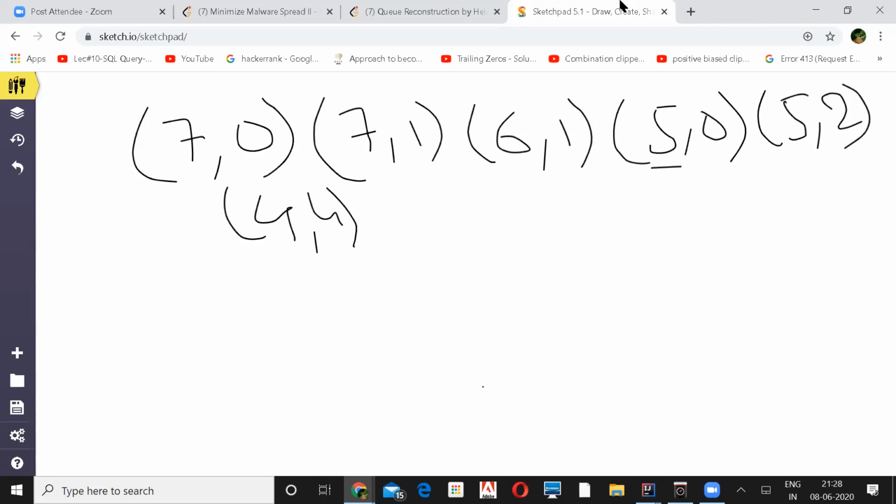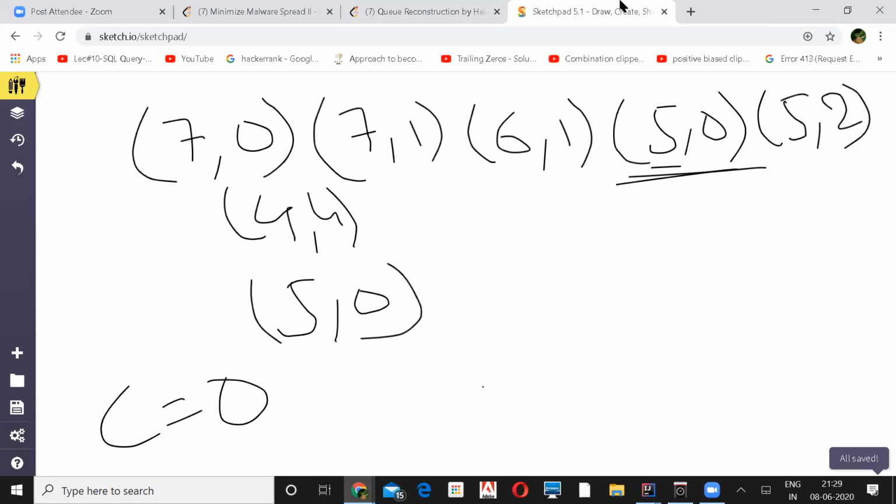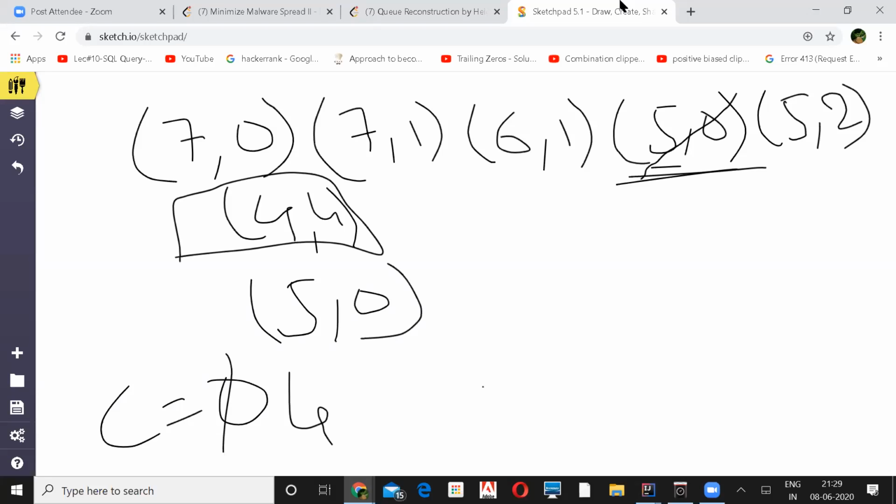But how will that work if you go ascending with the first? So ascending with the first, at first position I'll take this because my count is 0 and I don't have any element to the left of it, right? So this is the potential position for the first one, right? Whatever you are comfortable with, you do. Okay, no problem. You want me to change that? No, it's okay. I'll delete and I'll put it here. So now next, if I go by ascending, I'll take this, 4, 4. So my potential position will be this. Now my indexes are like this: 0, 1, 2, 3.